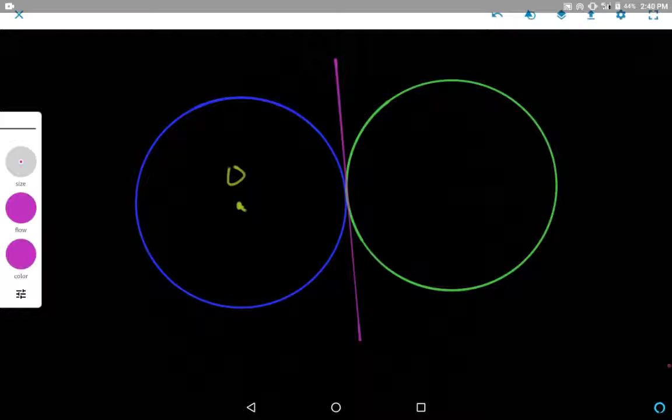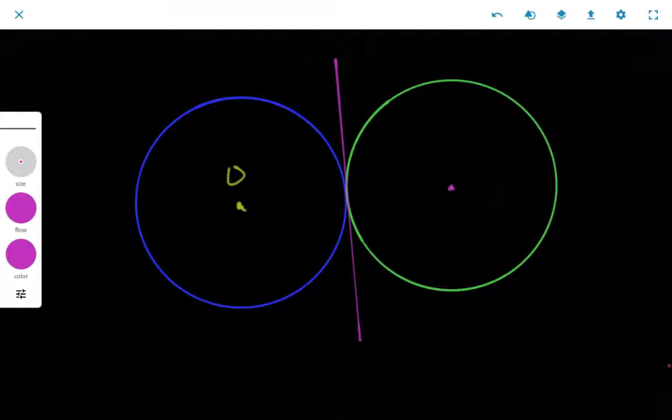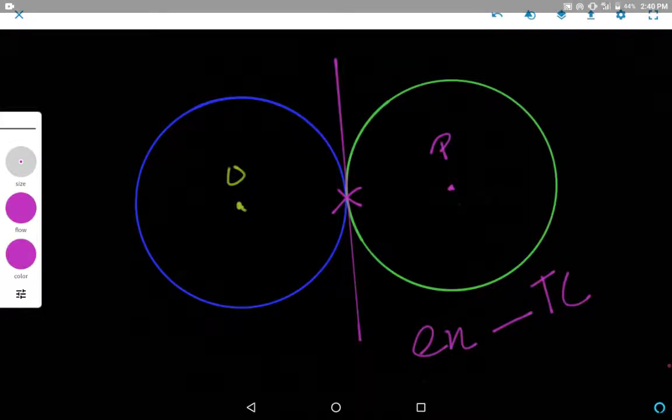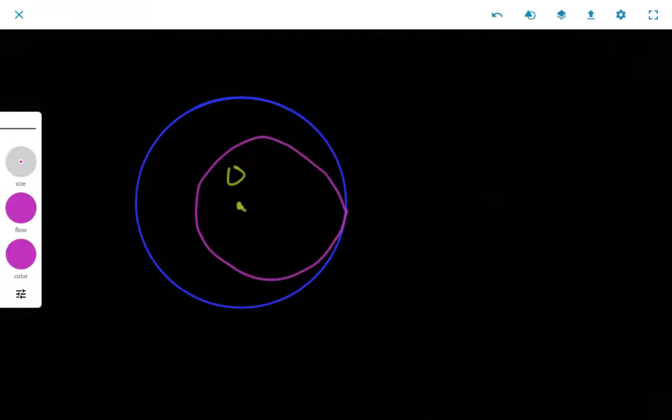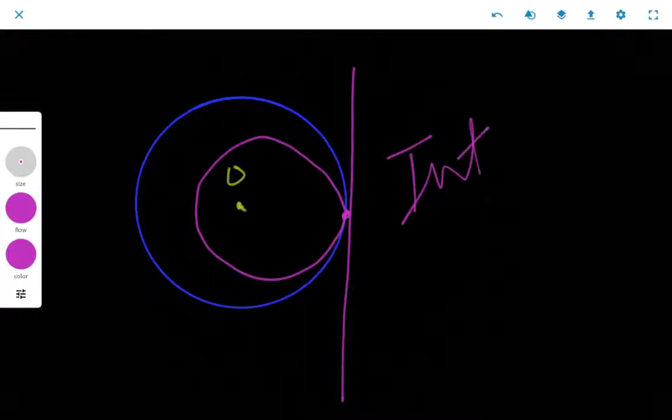Now these circles are called the touching circles. So when do we say two circles are touching? When they meet at one point, just one point. This type of touching circles is known as external touching circles. Okay, now I'll draw an internal touching circle. I don't have the tool for drawing smaller circles, so let it be like this only. When two circles meet internally, this is called internal touching circles. Understand? Because they're touching at only one point here.